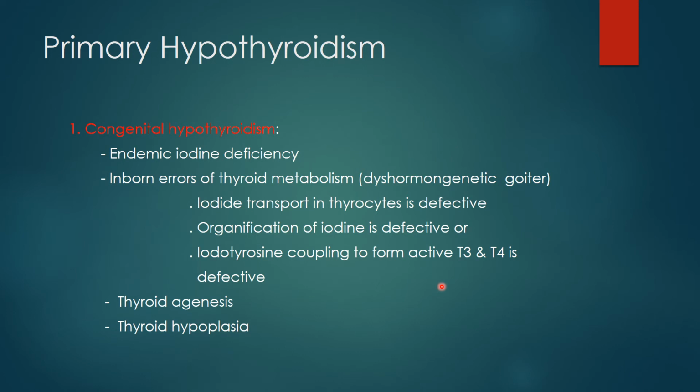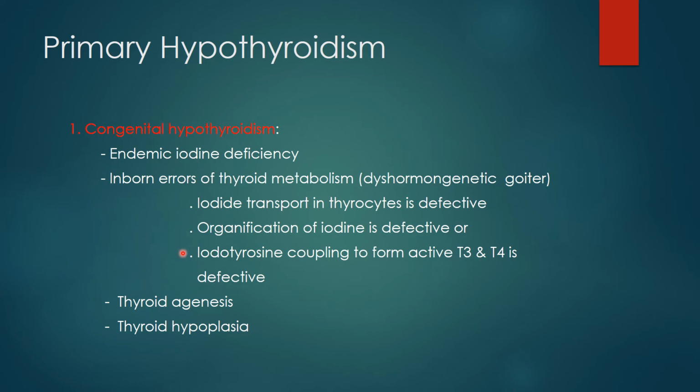Now I am discussing briefly these primary hypothyroidism conditions, the most common ones. First is congenital hypothyroidism. Congenital hypothyroidism usually occurs when there is an endemic iodine deficiency. A baby born to an iodine deficient female will have congenital hypothyroidism. Or there may be inborn errors of thyroid metabolism, as occurs in dyshormonogenetic goiter. Either the iodide transport in the thyrocyte is defective,